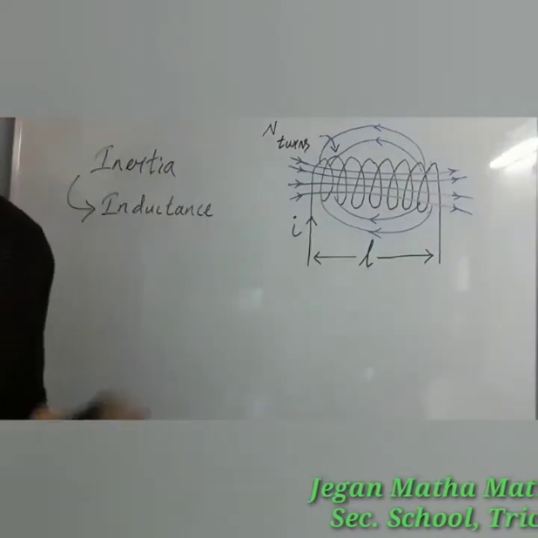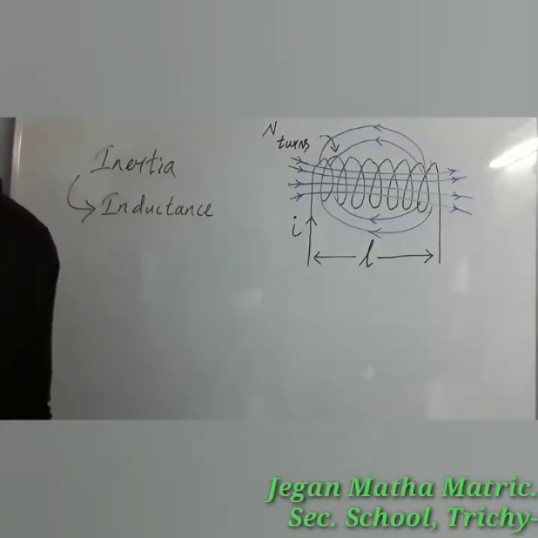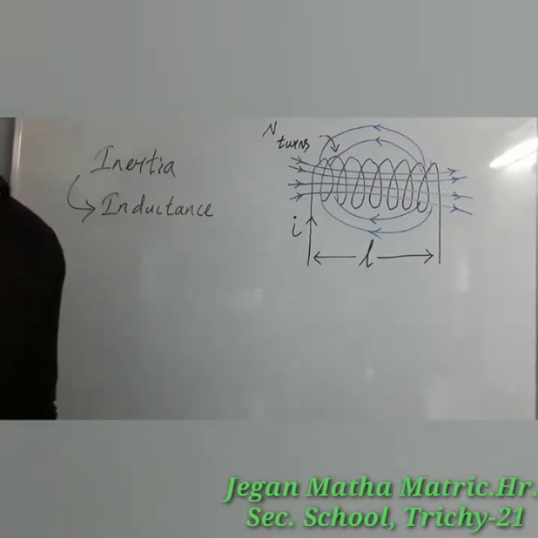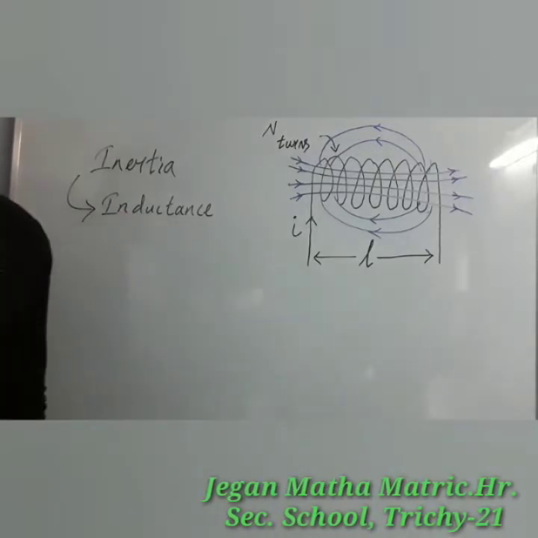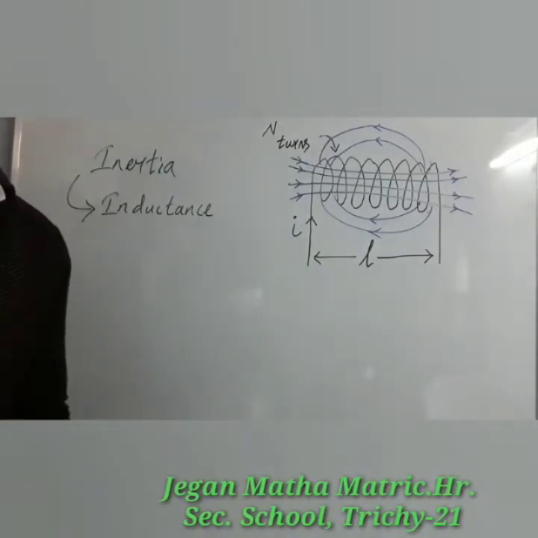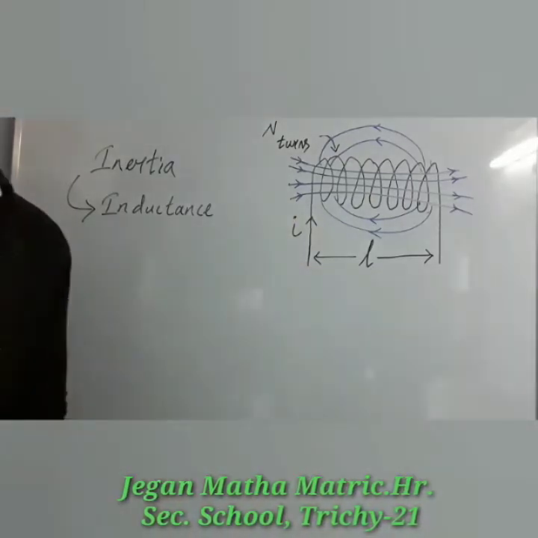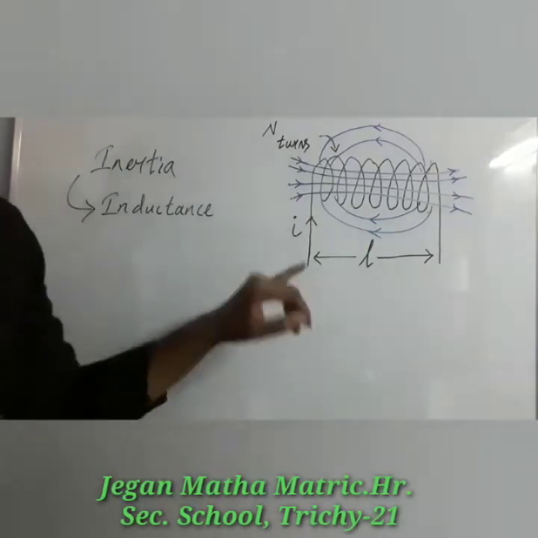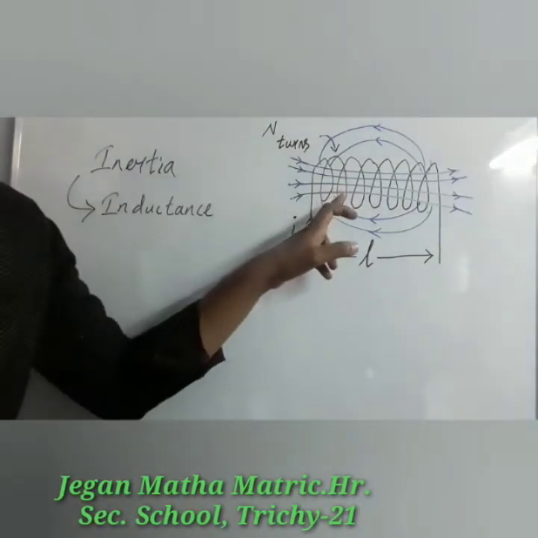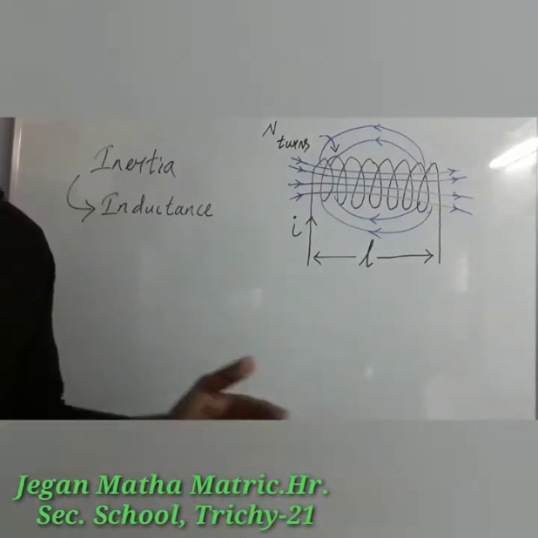In your 11th standard, you have learned about inertia. Inertia is the inability of a body to change its state by itself. In other words, inertia is a property which opposes the change in the state of the object. Likewise, inductance is a property of the coil which opposes any change in the current and tries to maintain the original state. When a circuit is switched on, current increases from 0 to I. The increasing current induces an EMF in the coil which opposes the growth of the current in the circuit. That is known as Lenz's law.